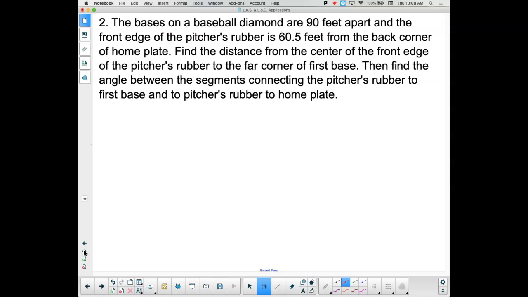So, bases on a baseball diamond are 90 feet apart, and the front edge of the pitcher's rubber is 60.5 feet from the back corner of home plate. Find the distance from the center of the front edge of the pitcher's rubber to the far corner of first base. Then find the angle between the segments connecting the pitcher's rubber to first base and the pitcher's rubber to home plate. Okay? So, the 4 bases on a baseball diamond make a